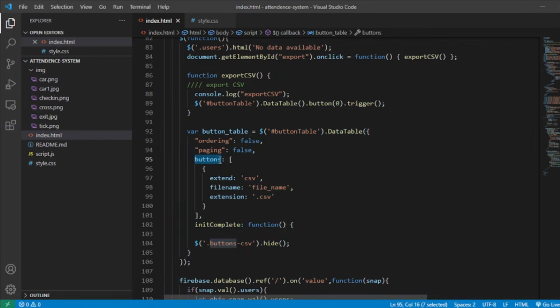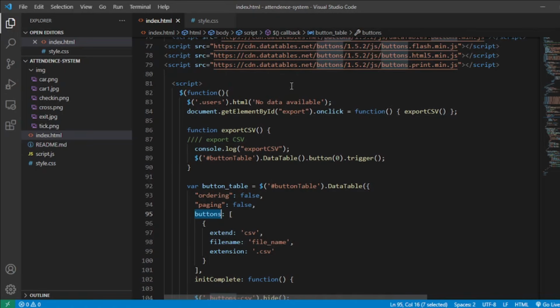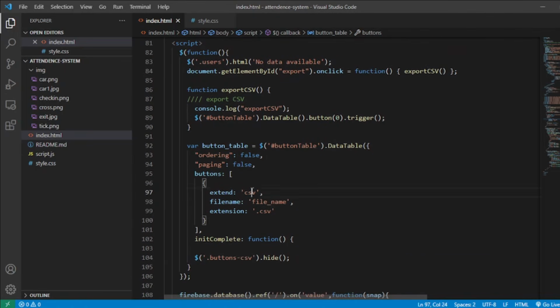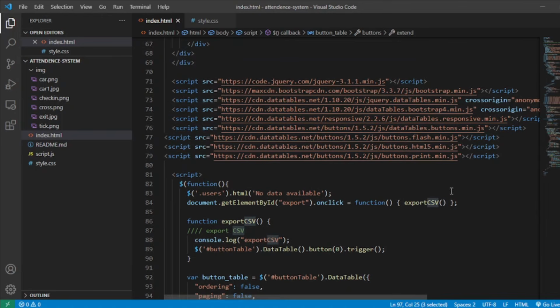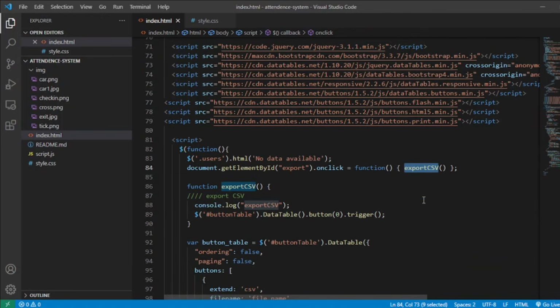And for buttons, we have used the buttons library, the DataTables Buttons plugin basically, and this extension will help us in downloading the export CSV, basically the downloading the